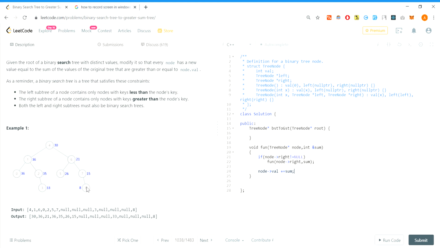So from here, since it is null, it will not go, and the sum will be 0, so it will directly update here 8.